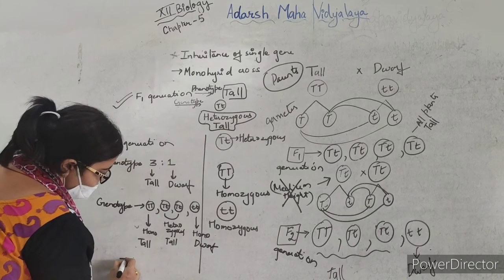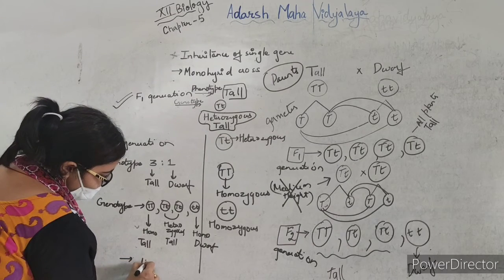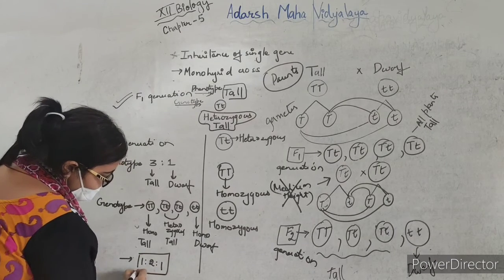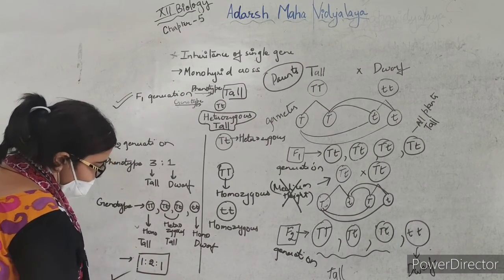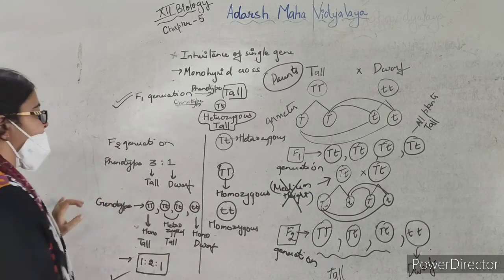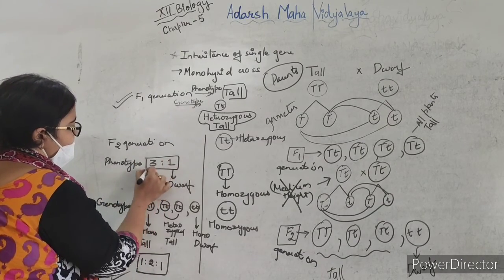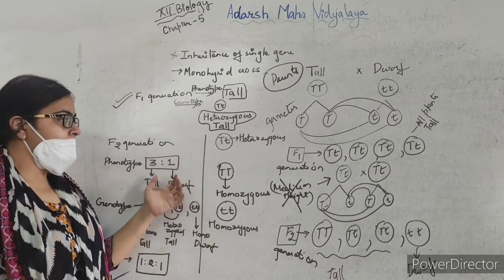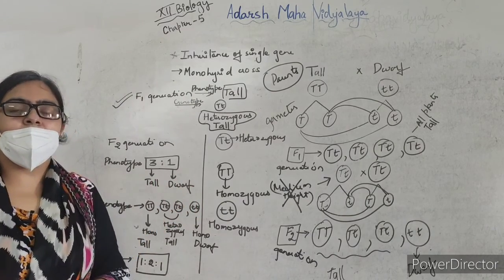So the ratio was 1:2:1. So in F2 generation, the genotypic ratio was 1:2:1 and the phenotypic ratio was 3:1. So from here he gave the law of dominance and law of segregation that we'll discuss in the